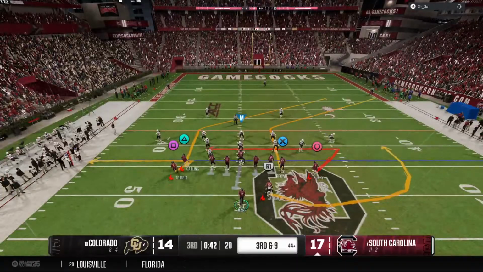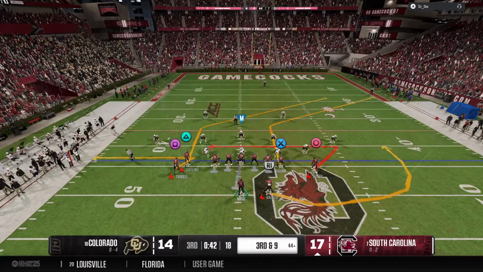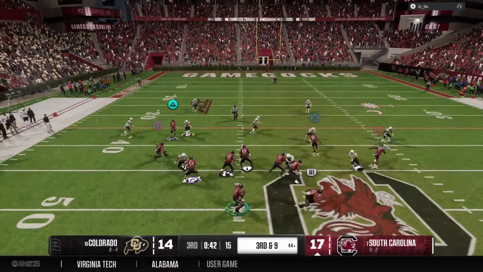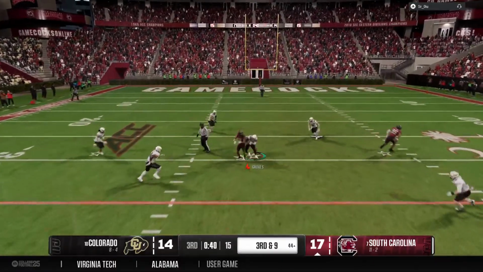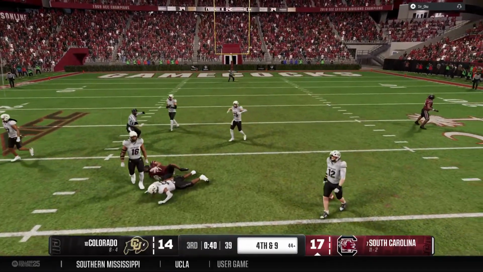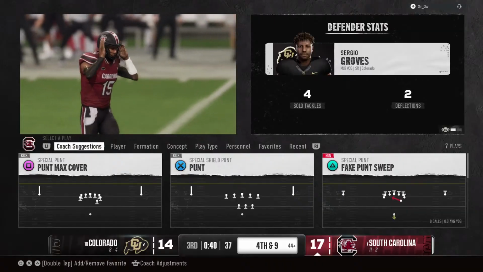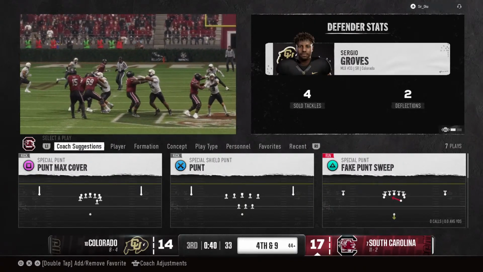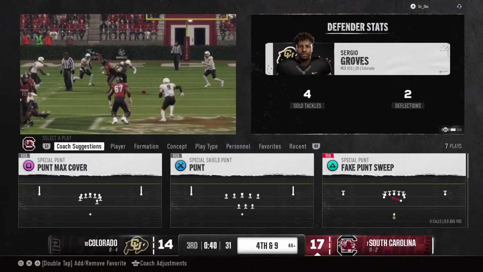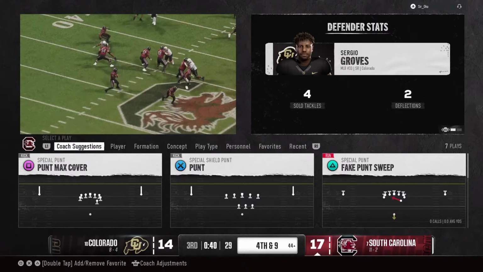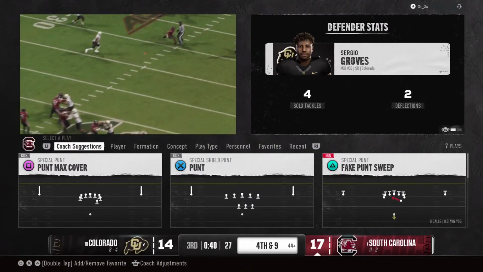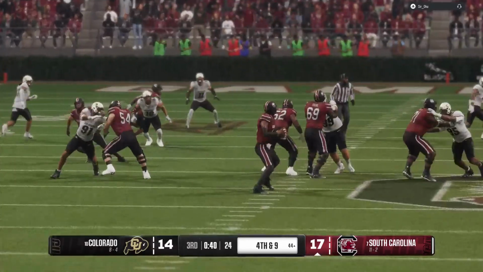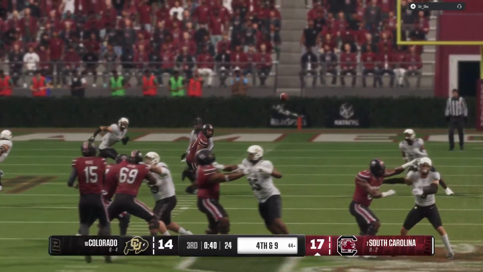After the incompletion, they'll have to try to convert here on 3rd and 9. Dropping back, looking to throw for the first down. Ball is incomplete, broken up by the defender nicely that time. Boy, this is all about the defense here. Nice stop here on 3rd down, but really it's about trying to get this offense behind the sticks. Once you get them behind the sticks, you can mix up your coverages, really affect the quarterback's eyes and disrupt the timing and the rhythm of what the offense is trying to do.